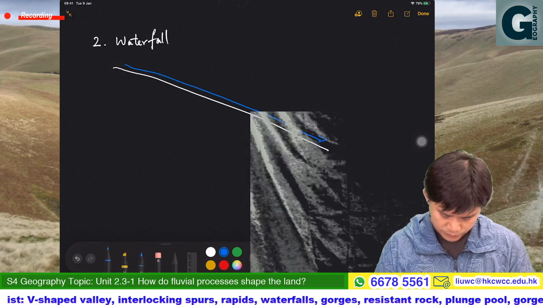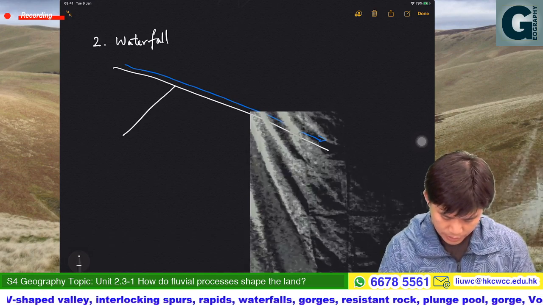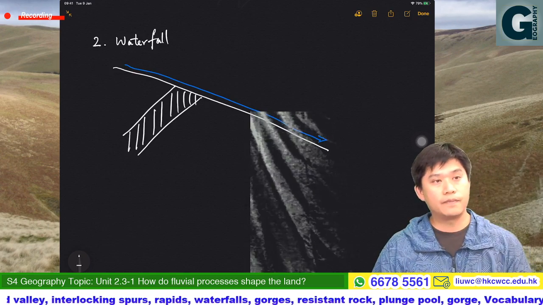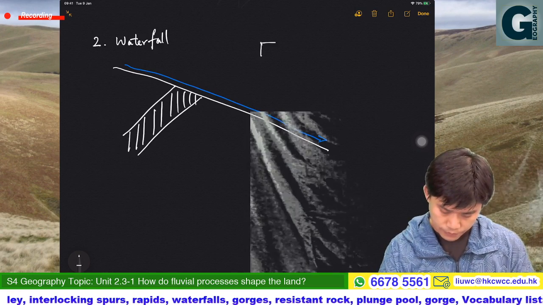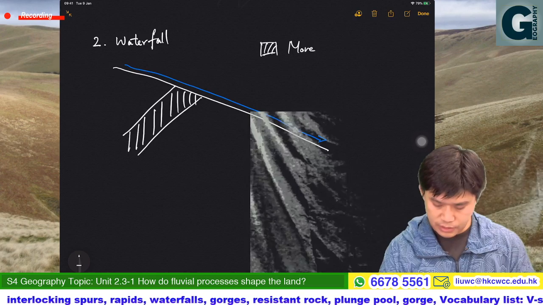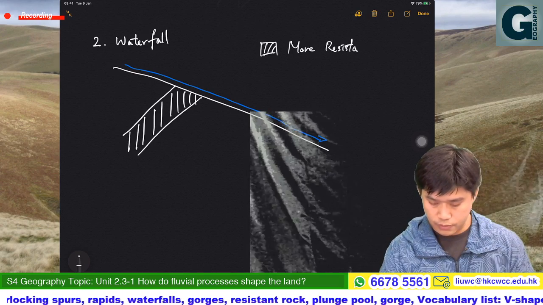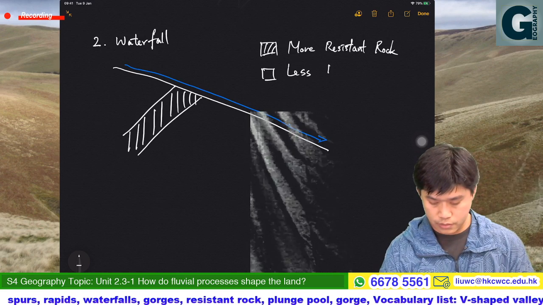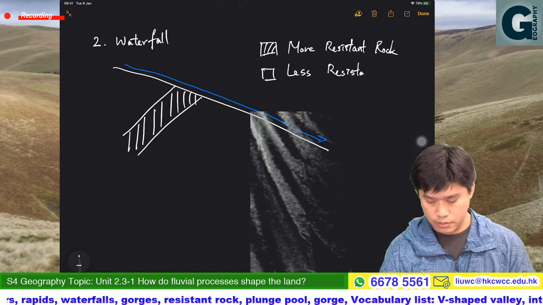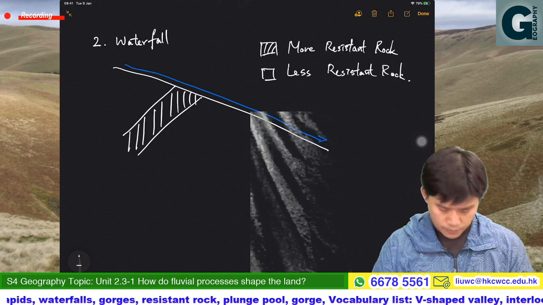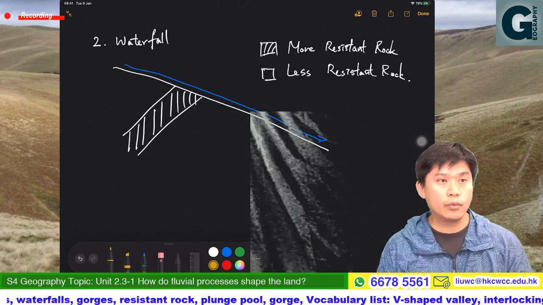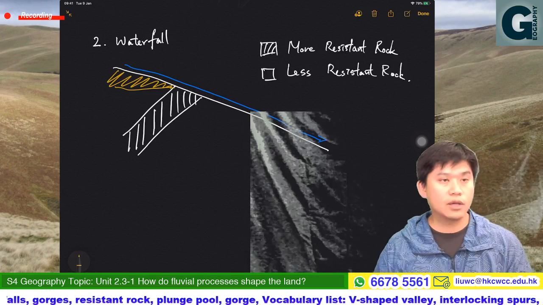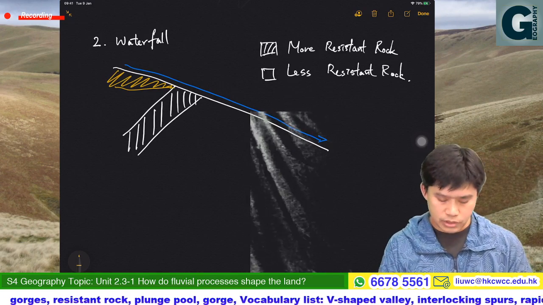But if there is a more resistant rock here, and here less resistant rock, then when the water flows, this part will be eroded away, and then on the downstream,